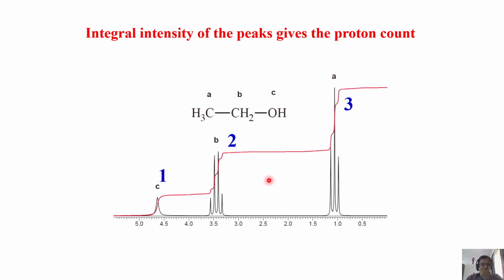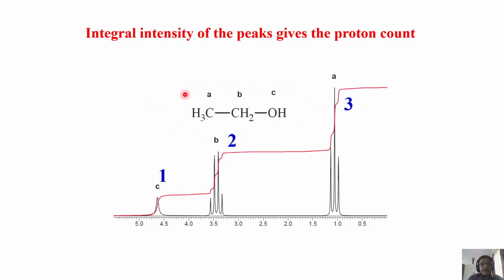Now, if you carefully look at the intensity of the peaks, see this height and this height and this height are in the ratio of 1:2:3. I am not talking about height, I am talking about the area. The peak may be broad here. Why the OH peak is broad is a different reason. I will explain to you later. But take the area of this group, area of this group. There are three groups of protons. The intensity ratio pertains to 1:2:3. Interesting, right? Look at it. Intensity is 1:2:3.